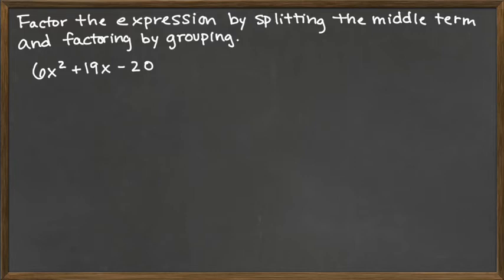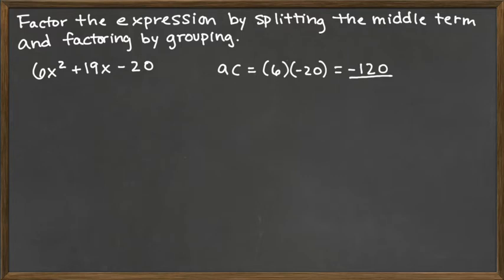So AC here: A is 6, the coefficient on the x squared, and C is the negative 20, which is the constant term. So 6 times negative 20 is negative 120. So A times C is negative 120. So we need to look at two numbers that multiply to give us negative 120